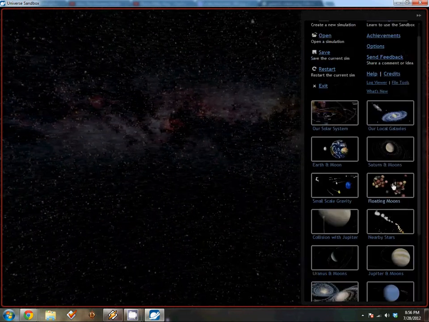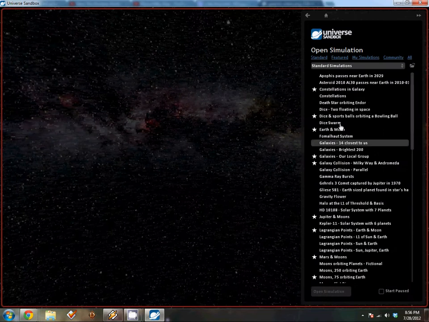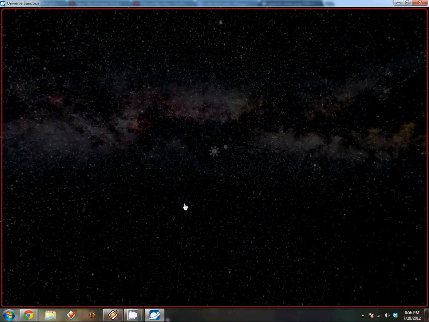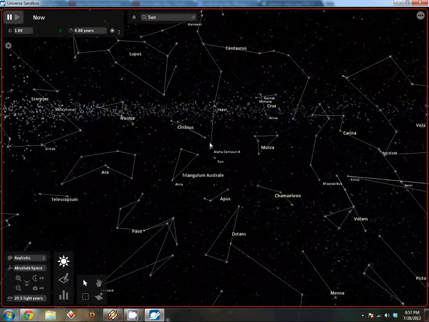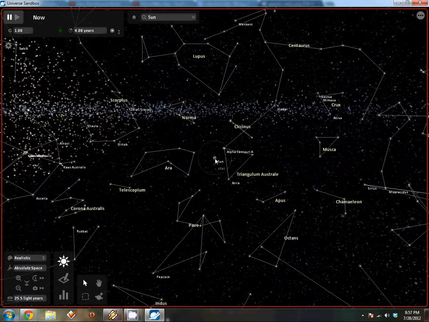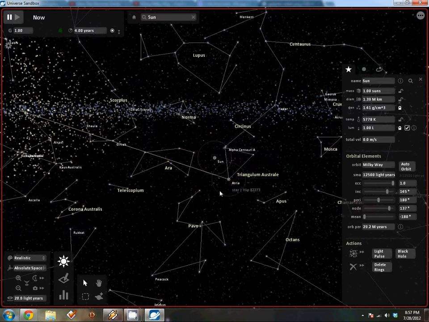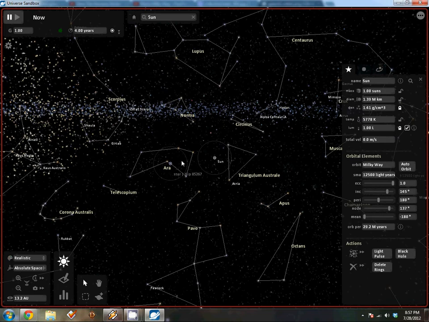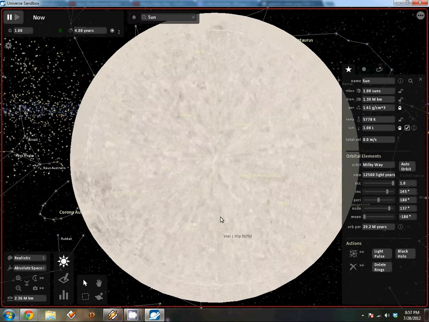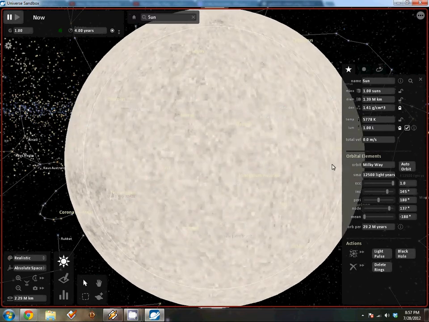So we're going to take a look here at the constellations within the galaxy, and basically this shows the entire galaxy here, and our sun, as we see here, is in the center. And we zoom in here a little bit. Now you see from edge of the screen to edge of the screen, we are at 11 astronomical units. We can zoom all the way in here. Now here we're at 2.3 million kilometers from edge of the screen to edge of the screen.